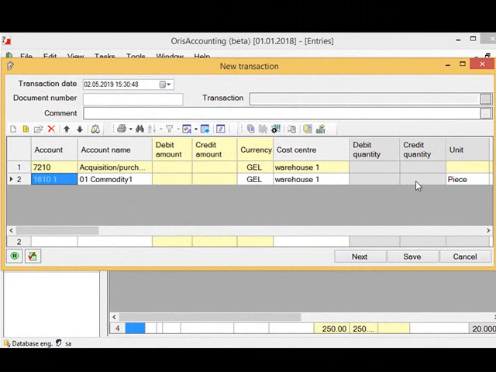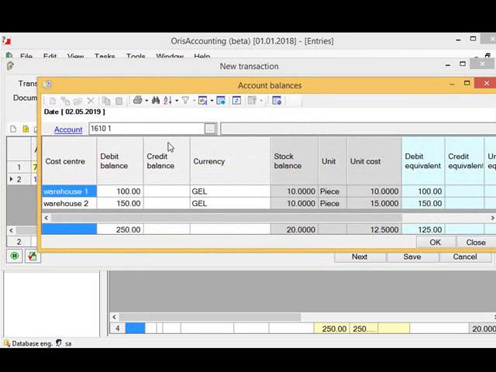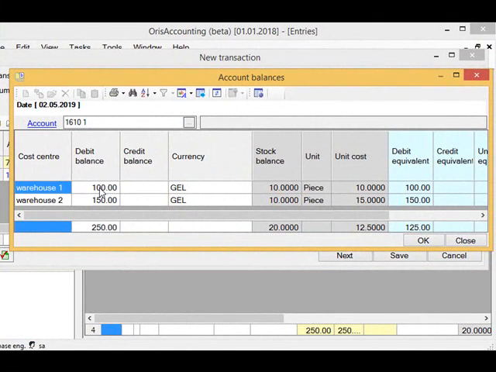So specify 5 pieces here in this field, and write-off amount 6250 has been calculated by the system automatically. And now let's check balances. Here in this screen you see the amount we've spent on this commodity, its quantity, and prime cost per unit as